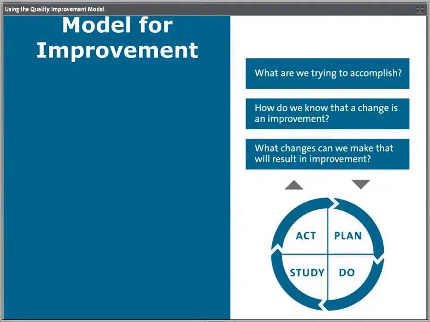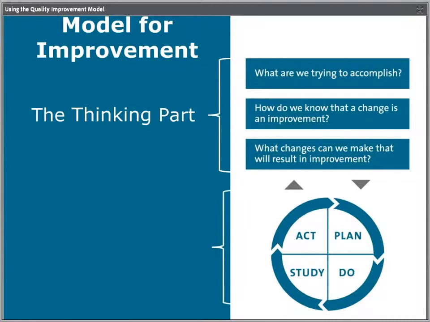So we're moving on to the model now. This is the model for improvement from the IHI, and it's really the framework to support your work. And I like to think of it in two ways. There's the thinking part, which are the 3 questions. What are we trying to accomplish? How do we know that a change is an improvement? And what changes can we make? And then there's the doing part, which is the plan, do, study, act cycle, the PDSA cycle, as I'll call